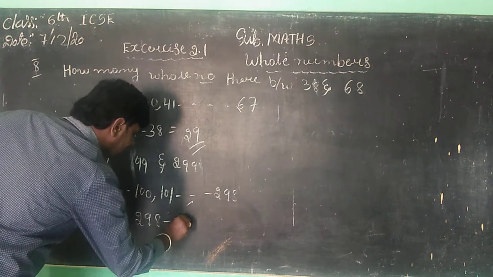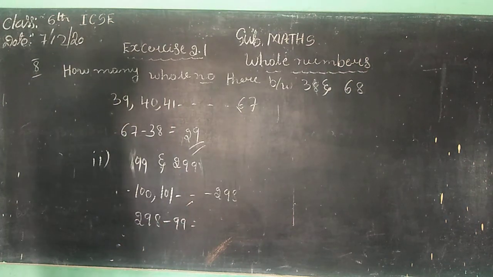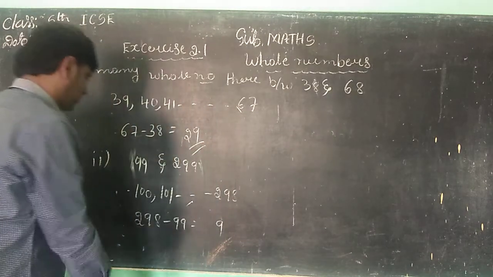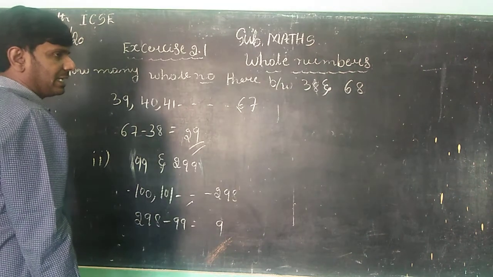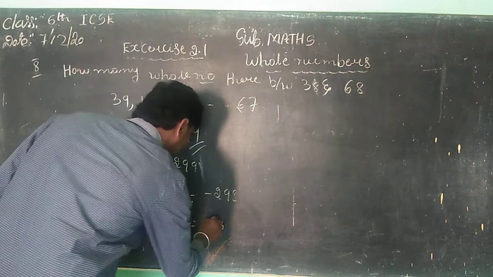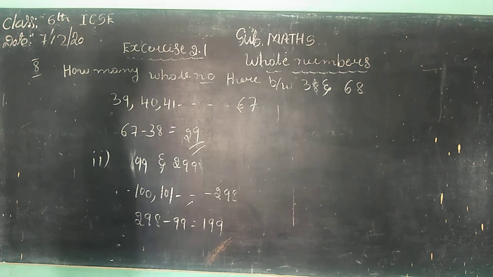Children, now we want to take the last number 298 and 100's before number is 99. We want to subtract, children. Okay children, 8 cannot be subtracted 9. That's why we want to take 18 minus 9 is 9. Correct. And here also 8 cannot be subtracted 9. Now we want to take carry. 18 minus 9 is 9, children. And according to that, we get total 199. Correct children? Now it is very easy. These are the 199 numbers there, children.